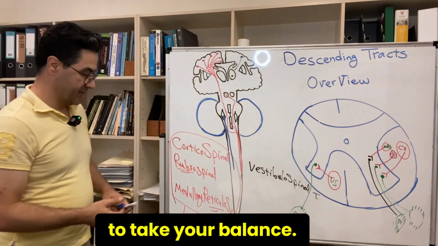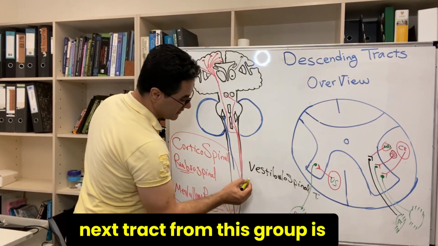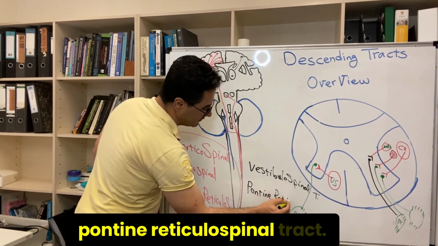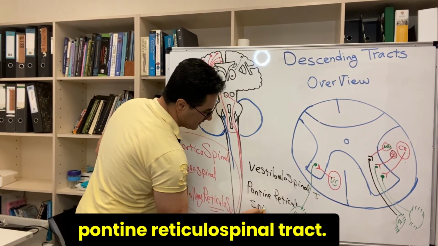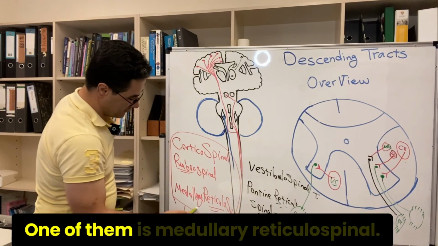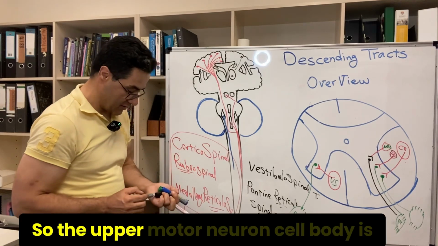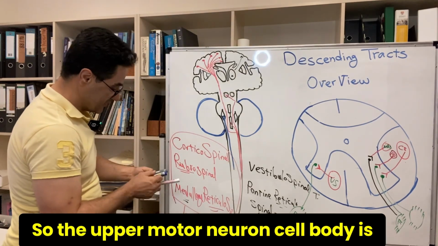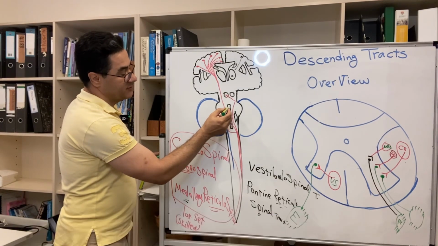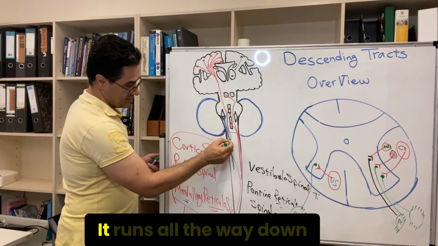The next tract from this group is the pontine reticulospinal tract. As I showed you, we have two reticulospinal tracts. One of them is medullary reticulospinal. The second one is pontine reticulospinal. So the upper motor neuron cell body is within the reticular formation of the pons, and the axon comes out without any decussation, it runs all the way down